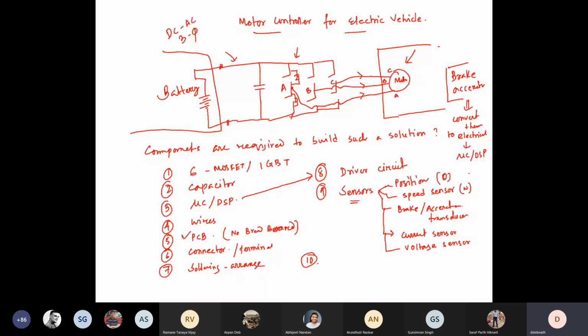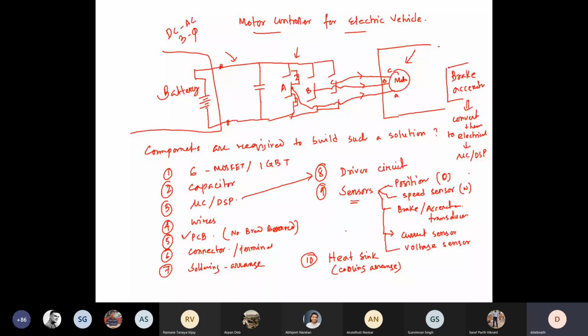Without a heat sink, it cannot work. A heat sink is basically a cooling arrangement. Especially for electric vehicles, the cooling is done through liquid cooling also. Just putting an aluminum heatsink is not sufficient. You will be doing active cooling. You'll be passing some liquid through the heatsink surface. The heatsink will be there, then on the heatsink surface, you'll allow some coolant to flow, a liquid, maybe a glycol. This term you have to understand slowly, because if you're targeting the EV sector, you have to understand this.